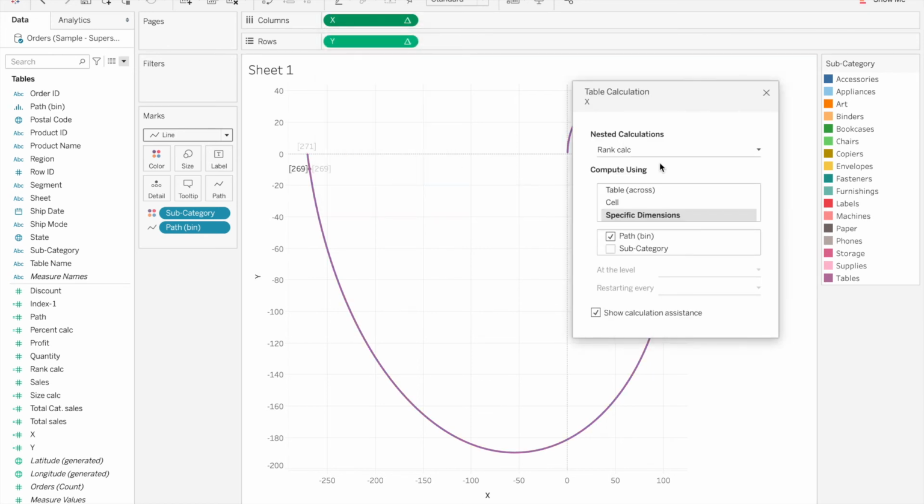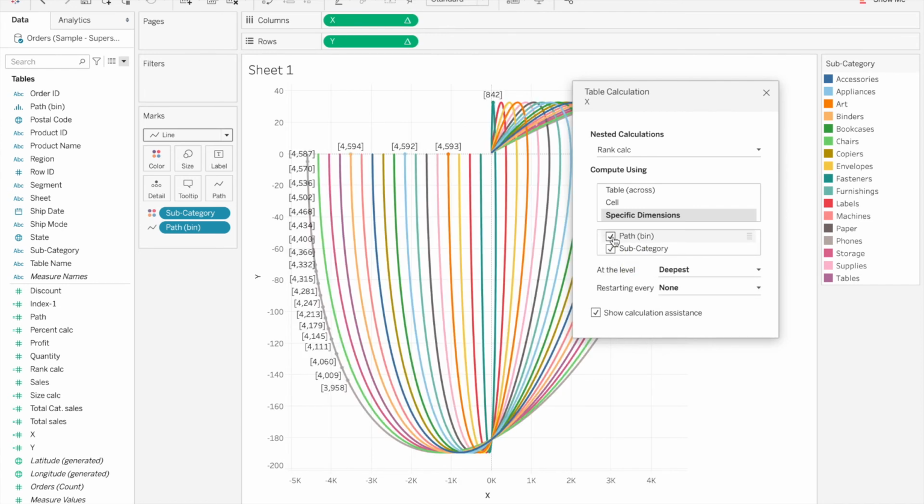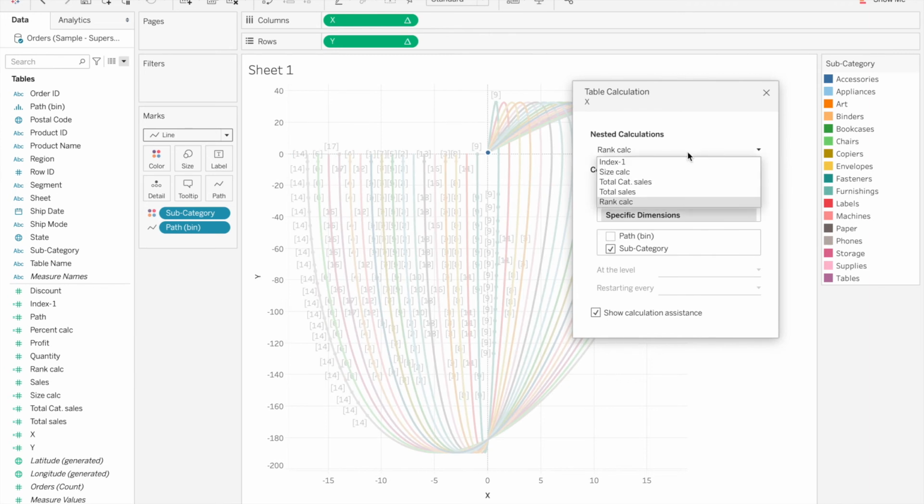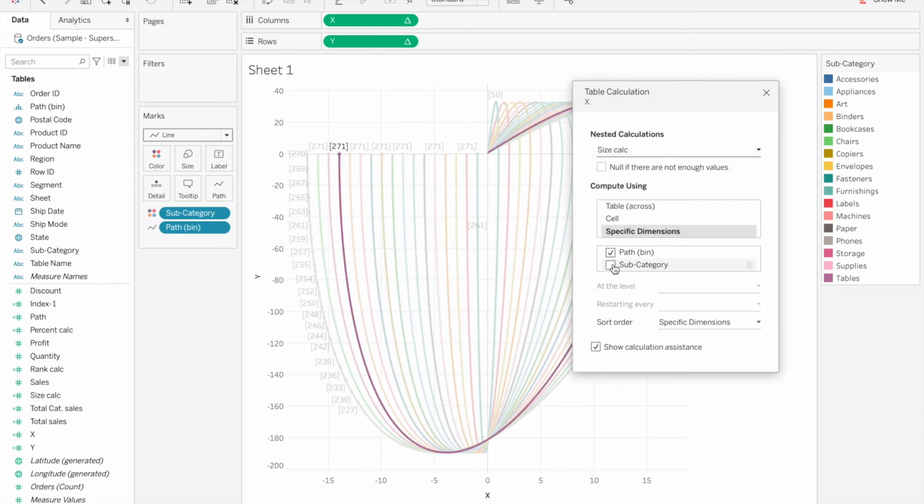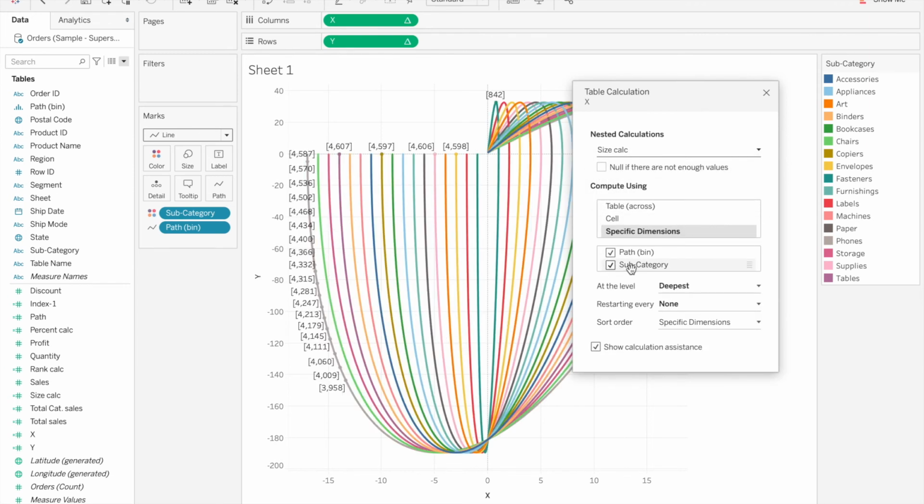You see that some of the calculations that you've made earlier have changed. So let's again change our rank calculation from path to subcategory. Now we will go to size calculation in a nested calculation and select both subcategory and path and move subcategory on the top.